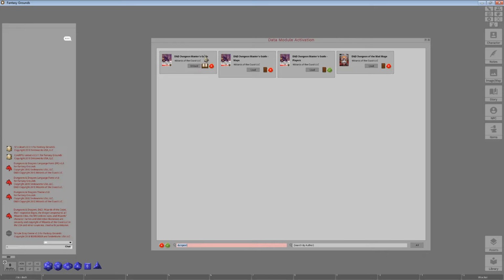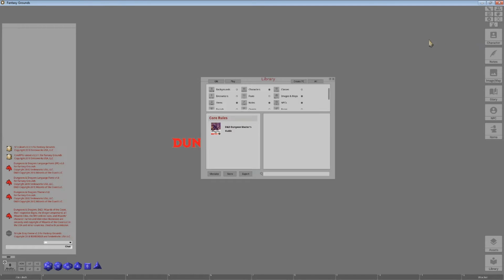When you see the state of the book change to an open book, that means your module is now available for you. And what that means is that all of the reference material associated with the Dungeon Master's Guide available to the DM is now available within Fantasy Grounds. You can close that data module activation window, and you will return to your library window. Within that, you'll now see a core rules category, and the Dungeon Master's Guide reference guide is now loaded here. Clicking on this title, or on the book, but generally I click on the title just for the sake of it,